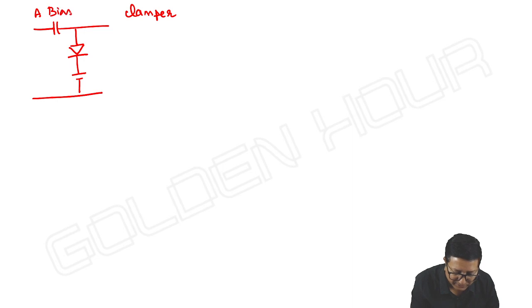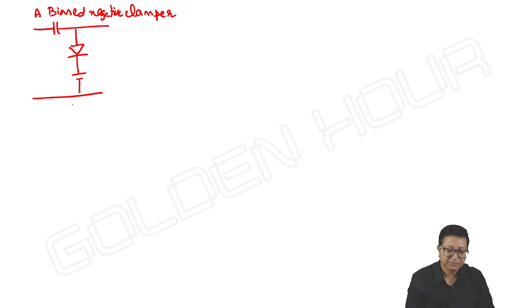A biased negative clamper. Okay, this is better. And the same input is 5 sin omega t, and my reference is 2 volts. Then what happens? Okay, if you take this, for the diode to conduct, the anode voltage should be greater than